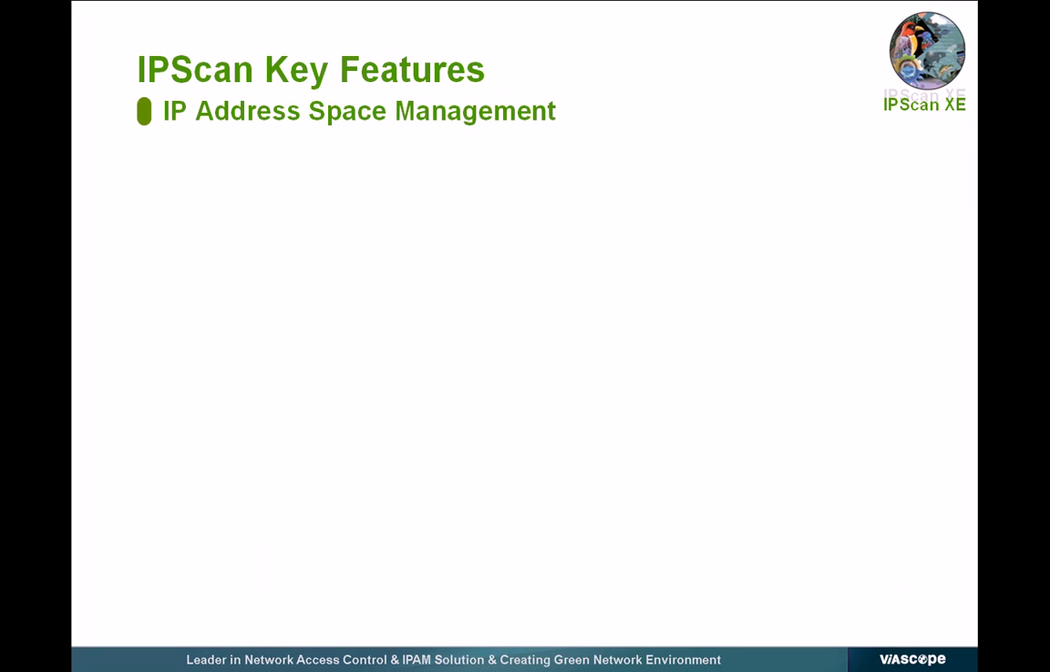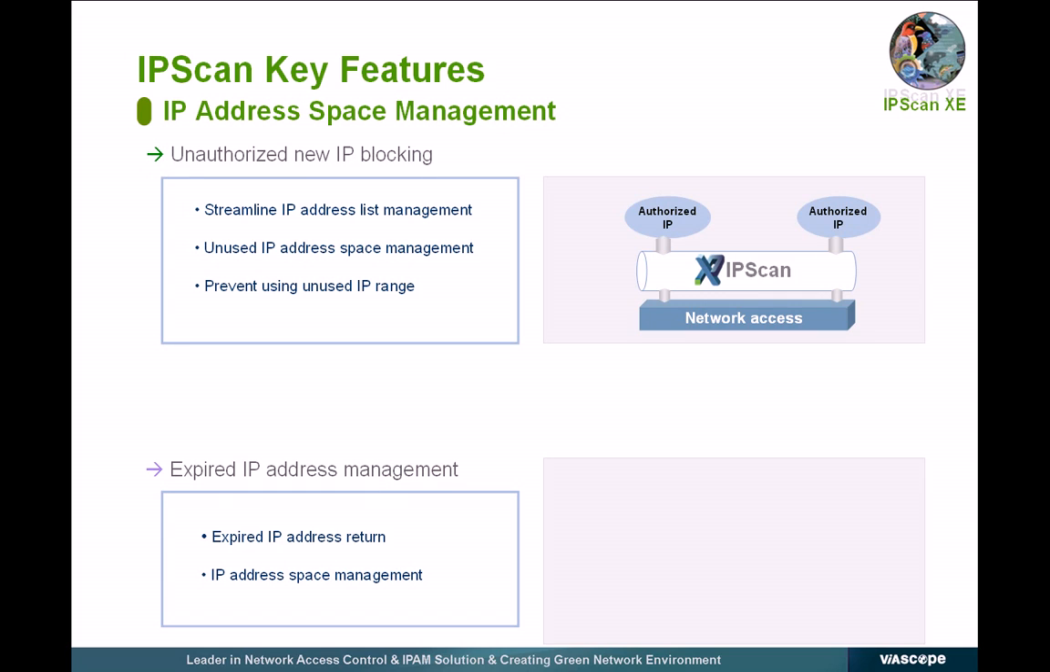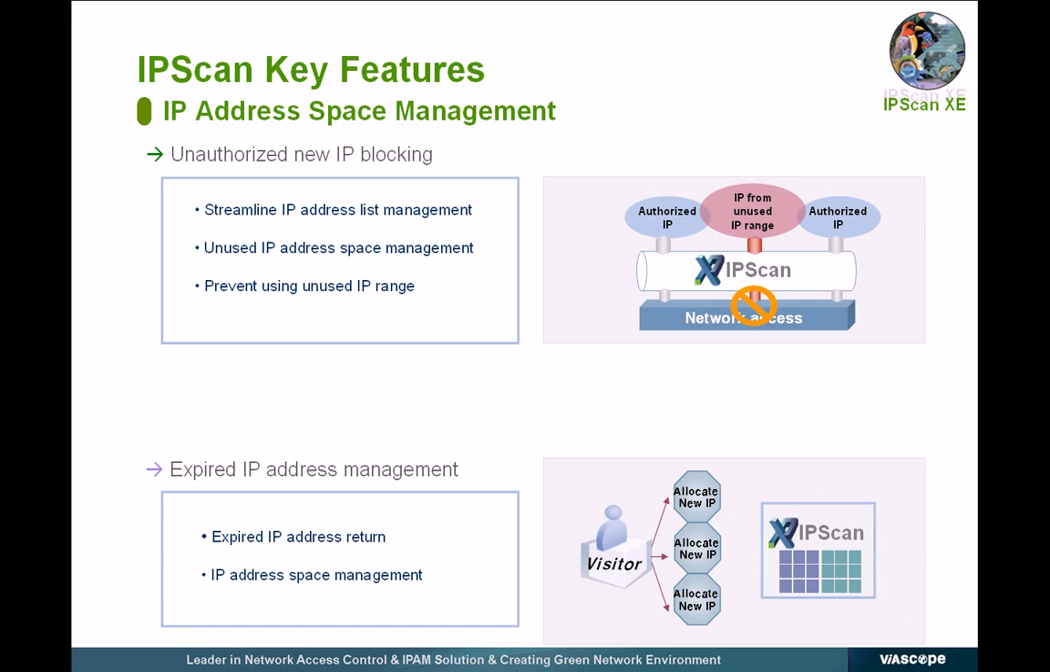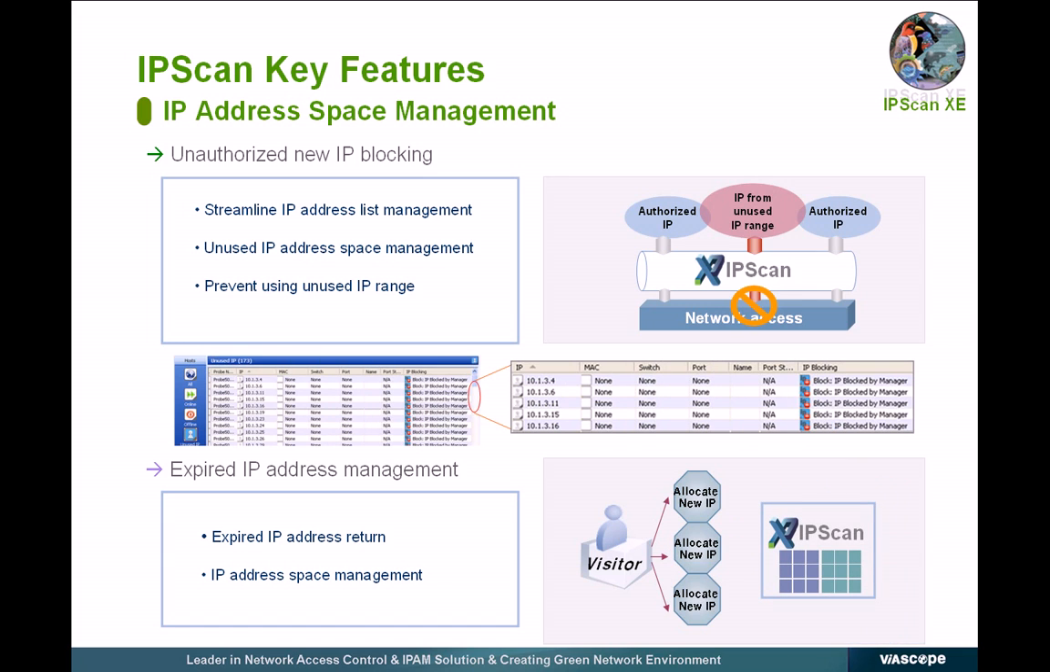To manage IP address space, the IPScan solution supports functions of blocking unauthorized IPs and managing expired, out-of-date IPs. Blocking unauthorized IP is to restrict access to unused IPs in the target IP range, excluding the currently used IPs, an attempt to prevent indiscreet use of IP resources. Managing expired IP is to recollect those IPs for future use that are left unused by external temporary personnel who have used the IP so far. This is to prevent resource depletion due to IP misuse